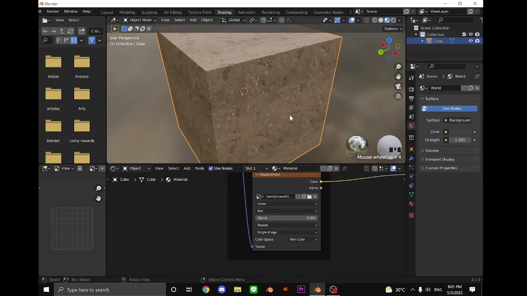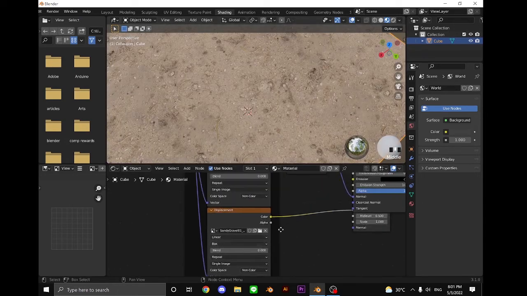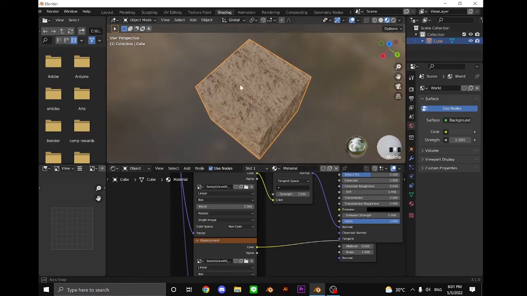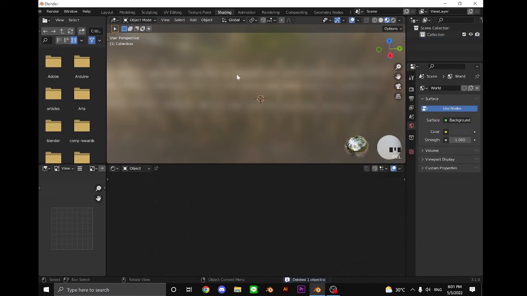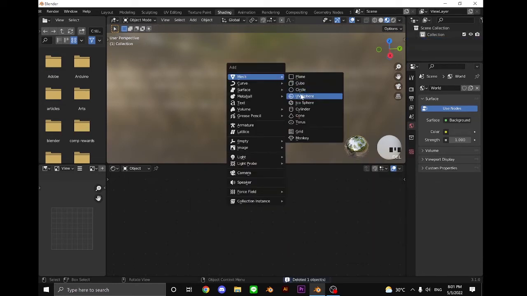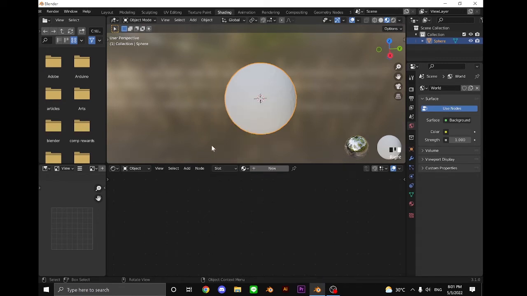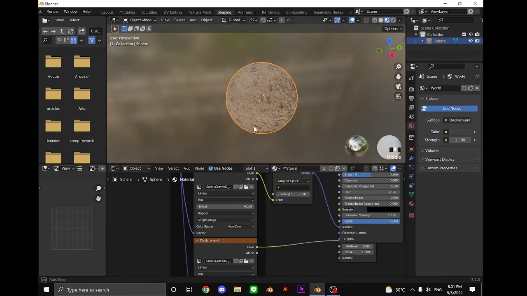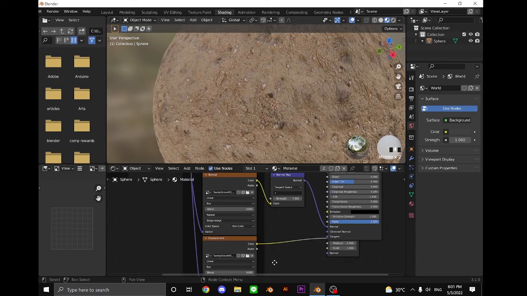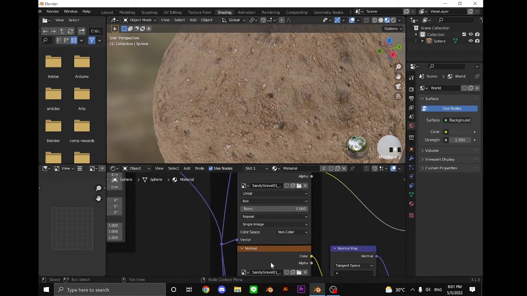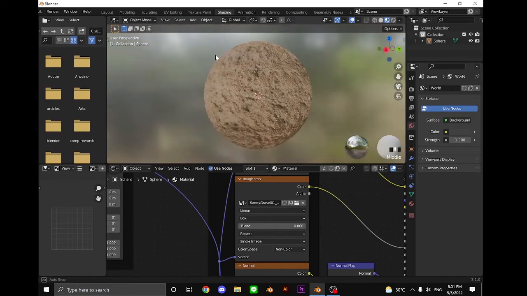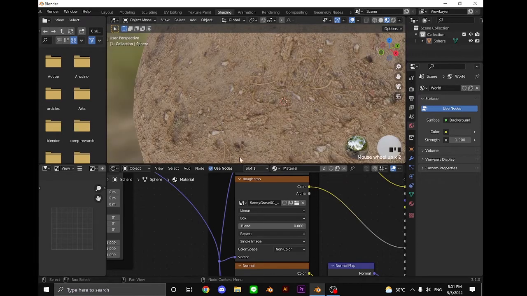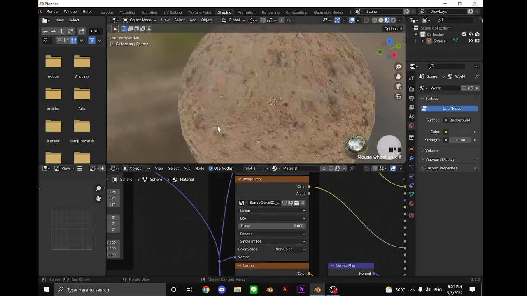Okay. Now, since it's a box, it's pretty simple to do this. You don't really see the seam right here. But if you delete your cube and let's say you change it to a UV sphere, shade smooth it, and let's say you add the material again. Now you see it is using the box. If we use the flat, then it would look not that great. Now this one is looking okay a little bit because we're using the box, so it's still projecting from every single side. But you see this